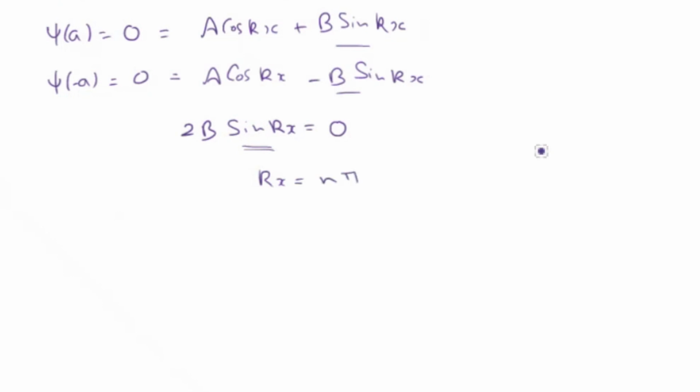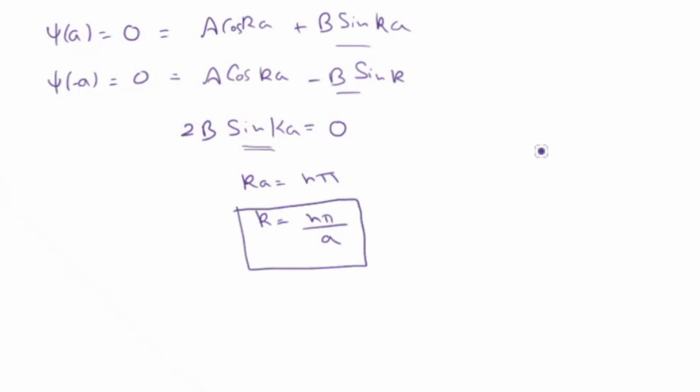Sorry, here it will be ka. All these equations will be ka. ka has to be n pi, which means k has to be n pi upon a,